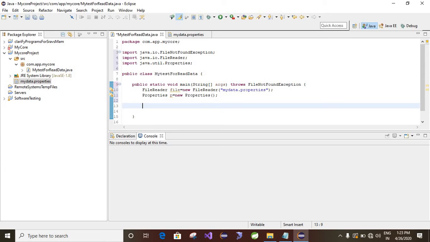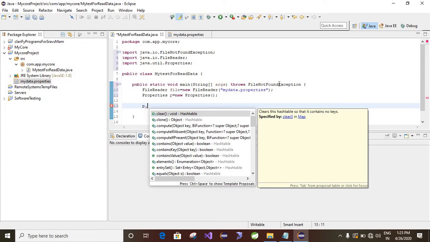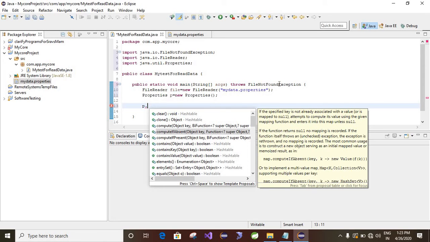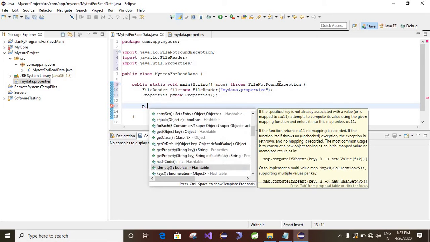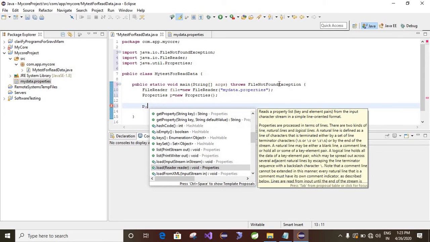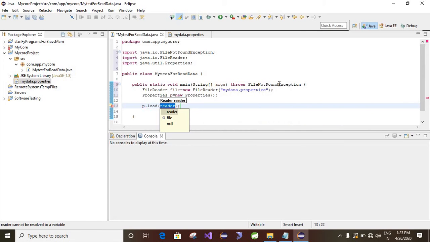The Properties class contains default methods, right? The reference is p. See how many methods there are: clear method, clone method, compute method, contains method, entry set method. So many methods. Now here I need to read the data. Sorry, load the data. So the load method, and the reference of the FileReader is file, right?